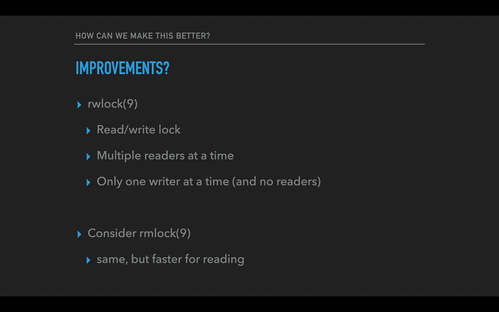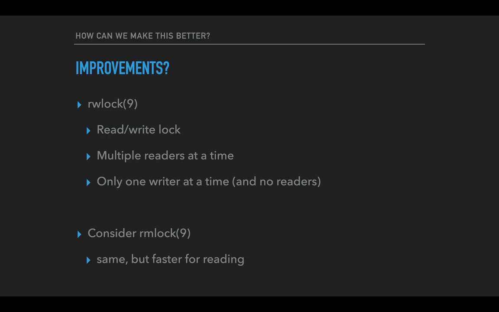We can have as many cores reading a data structure at the same time as we like, as long as no cores are simultaneously modifying the data structure. This is safe. Hence the RW lock, or reader-writer lock, or read-write lock. We can have multiple readers at the same time, but we can only have 1 writer at a time, and while we have the writer, we can have no readers. So if we were to change the locking in the bridge so that when we need to read from the data structures, we acquire a read lock, and we only acquire a write lock when we try to write something, we would already have a significant improvement in throughput,